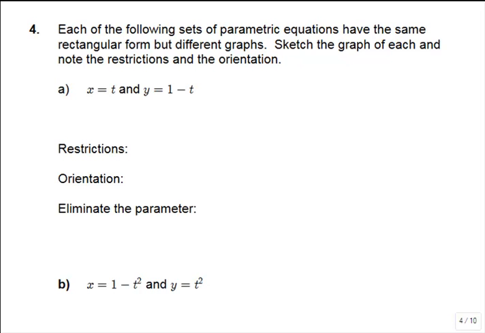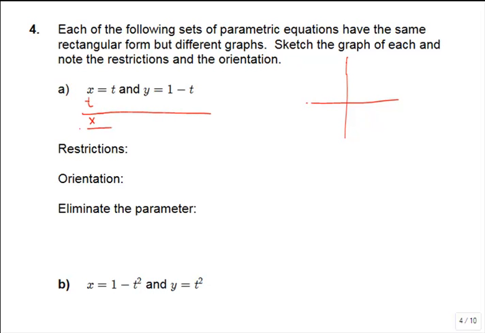Each of the following sets of parametric equations have the same rectangular form but different graphs. Sketch the graph of each and note the restrictions and the orientation. So this first example has parametric equations x equals t and y equals 1 minus t. So if we wanted to sketch a graph of this, we would want to make a table of values, and we're going to let t